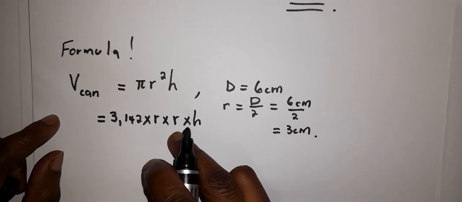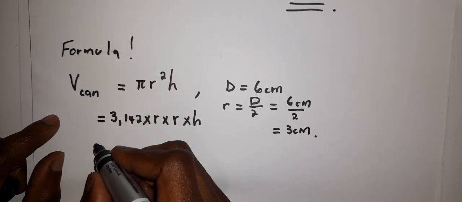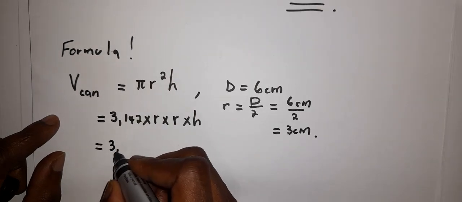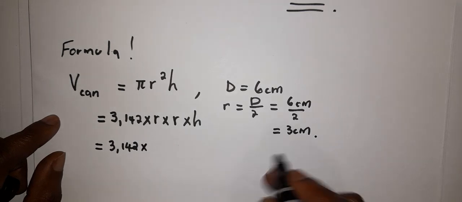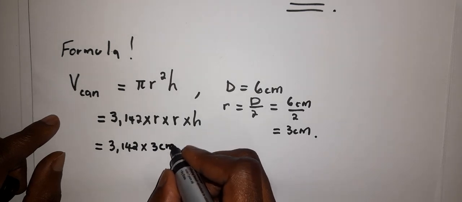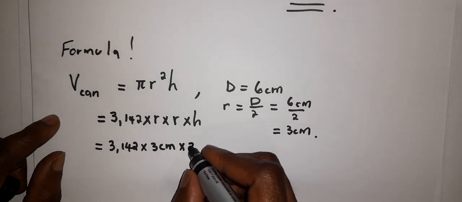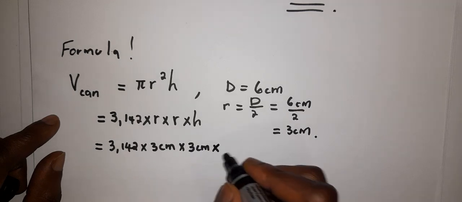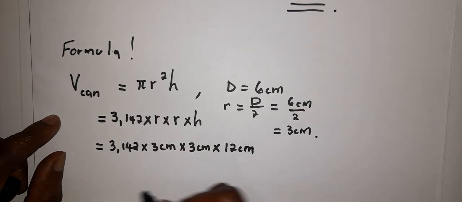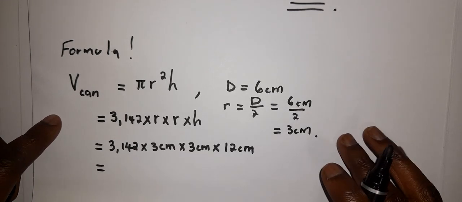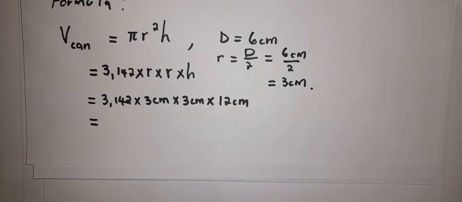Why do I multiply r twice? Because we have r squared. Therefore, this gives us 3.142 times what is my radius, 3 centimeters, times what is my radius again, 3 centimeters, times what's the height of the can, it's 12 centimeters. Right, a quick calculation of this one would give me